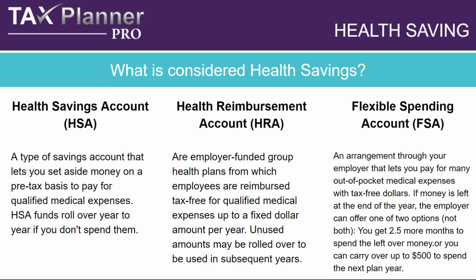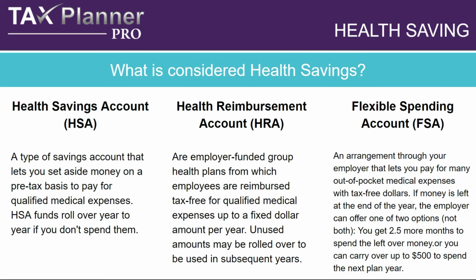Probably, I think the most popular is the HSA. The HSA is, I think, popular because it's connected to high deductible health insurance accounts. But the health reimbursement account and the flexible spending account, we have some details here on the screen. I'm not going to go over them and read them, but these are the three main options we also have